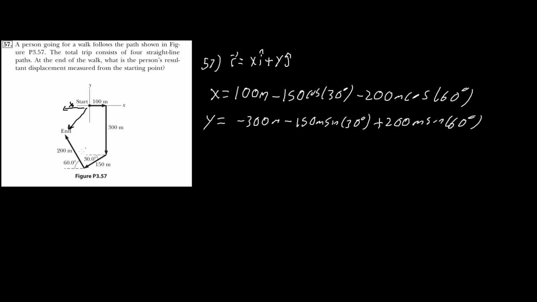And then let's just quickly confirm this. You have going to the right, going downward, but it's going to change 150 cosine, and then it's going to take minus the extra 200 of that. So that's correct. The one is going to be negative, down, down. That's both negative, and then it's going to go right up 200 meters. All right, so those are your components. Once you compute this, the result should be negative